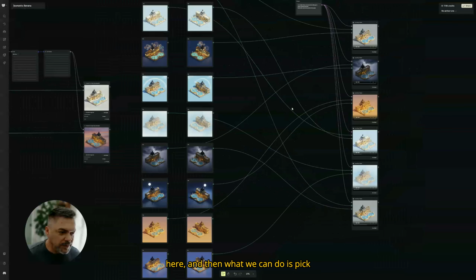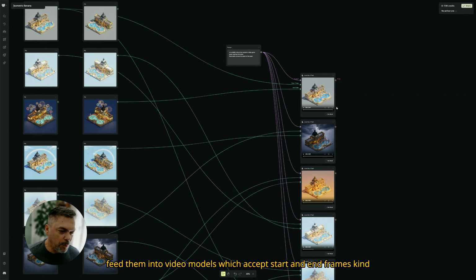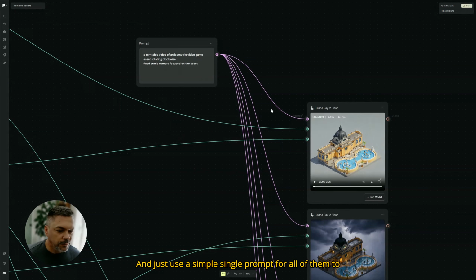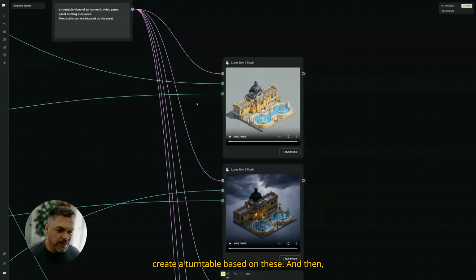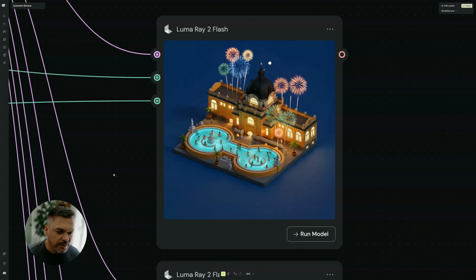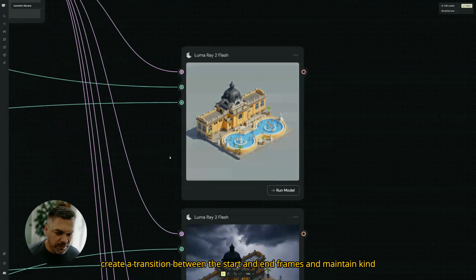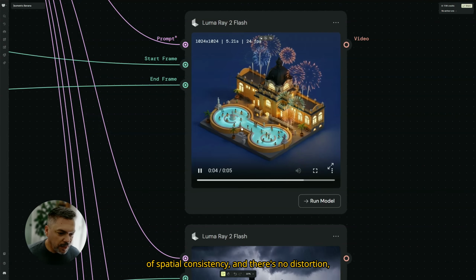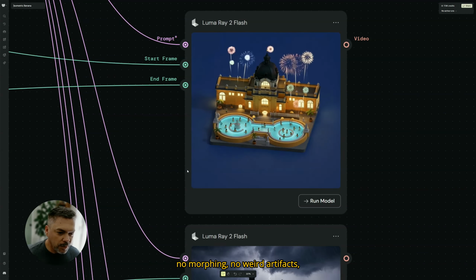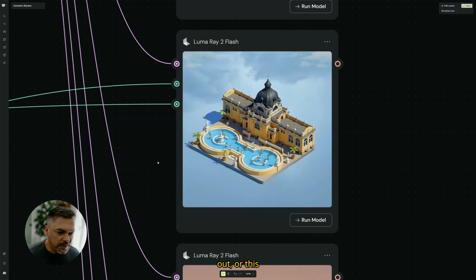And then what we can do is pick any arbitrary combination of these start and end frames and feed them into video models which accept start and end frames, like Weavy.AI Flash or Kling 2.1, and just use a simple single prompt for all of them to create a turntable based on these, and then we can get these very cool little video sequences that create a transition between the start and end frames and maintain spatial consistency, and there's no distortion, no morphing, no weird artifacts, and we get this one where the rainbow comes out,